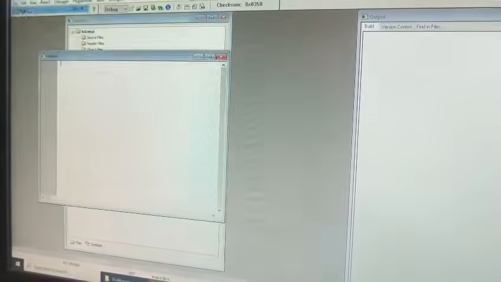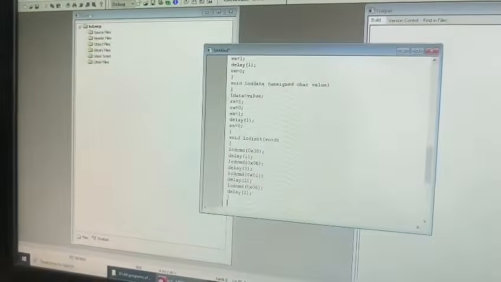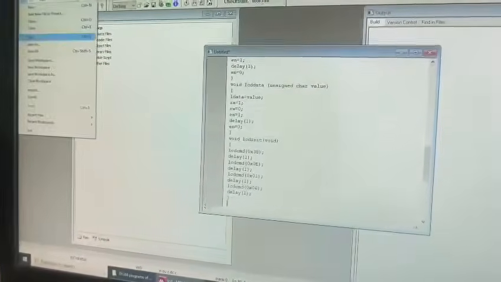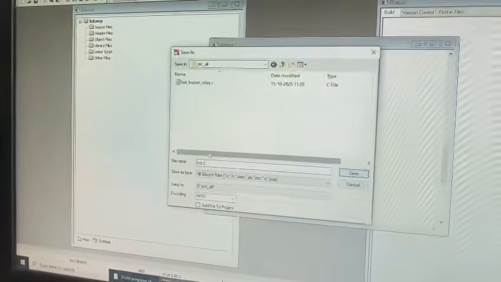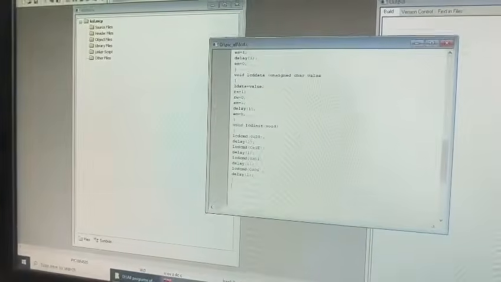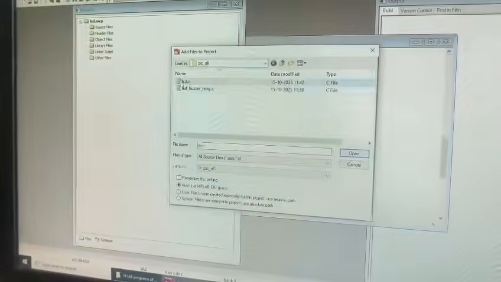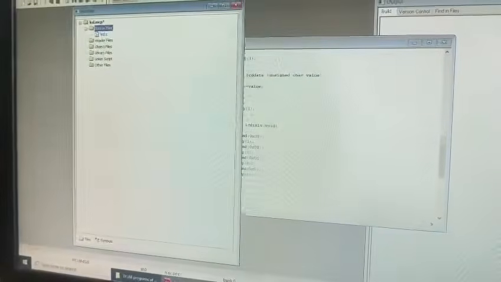Save. Then go to open the file, write the code and save that file as .c. Then go to the source file, right click on the source file and add the saved file. Okay, now go to the project,